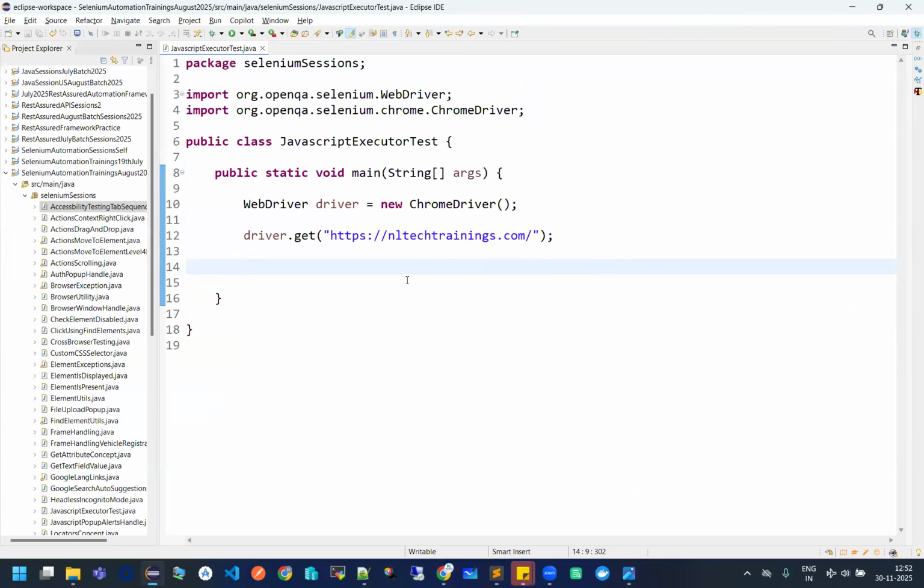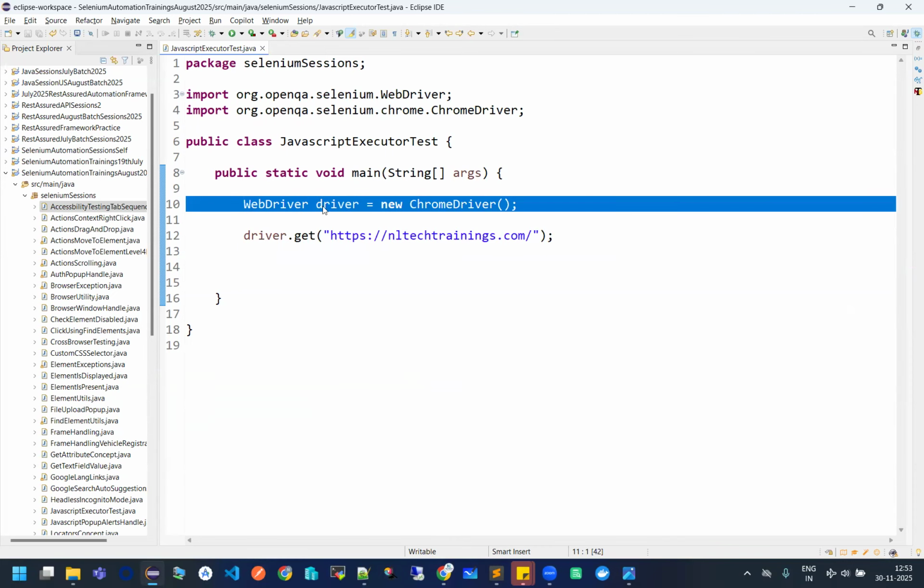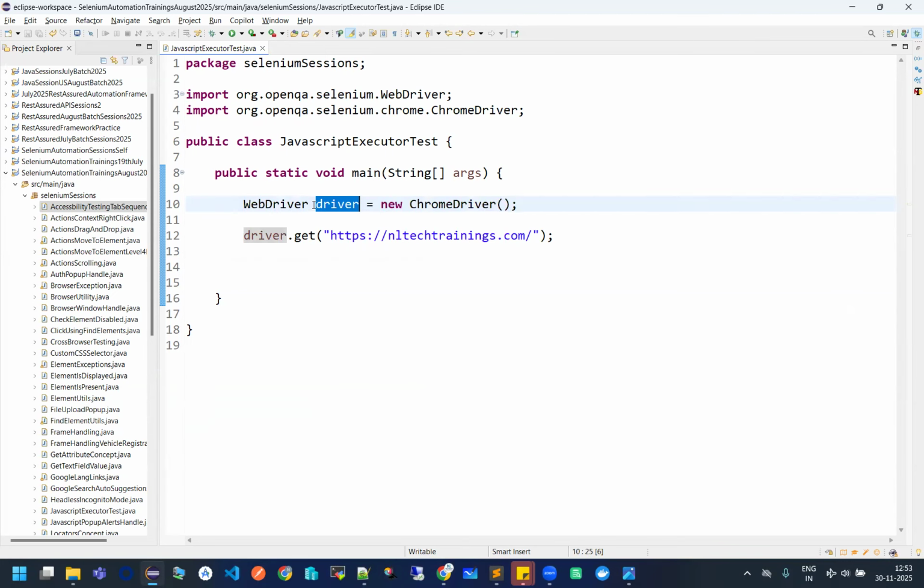See what I'm trying to say. First of all, can you tell me, can you create an object of an interface? Object of an interface is not allowed. So obviously, what have I done here? Typecasting, because WebDriver is also an interface and I cannot create an object of the interface. So driver is basically a reference variable of one of the interfaces, WebDriver. But now I am saying, if I have to use a JavaScript executor abstract method, which is there inside the RemoteWebDriver class,